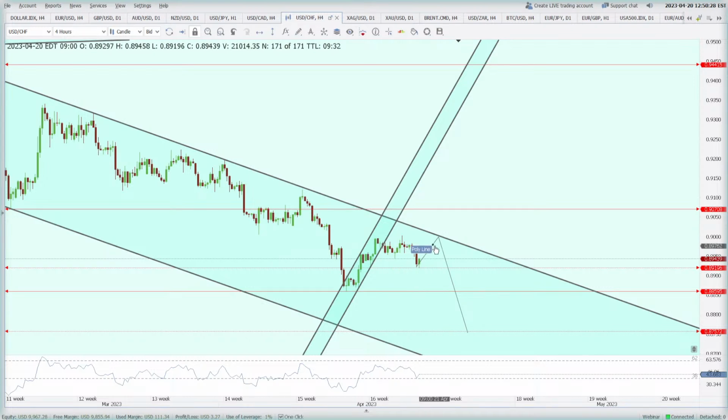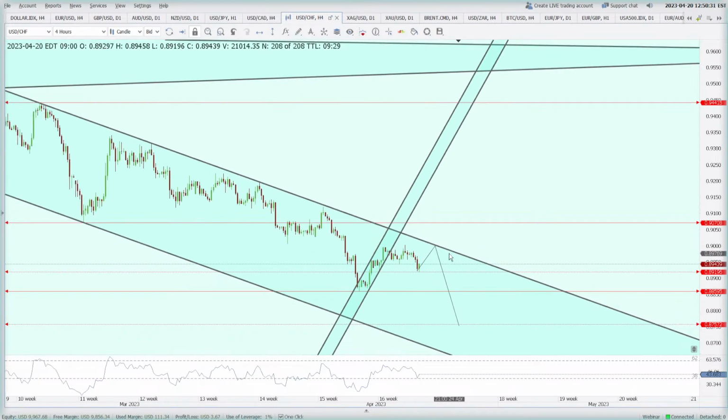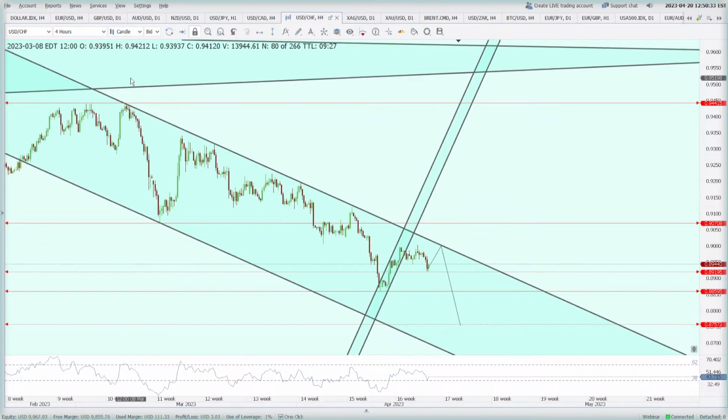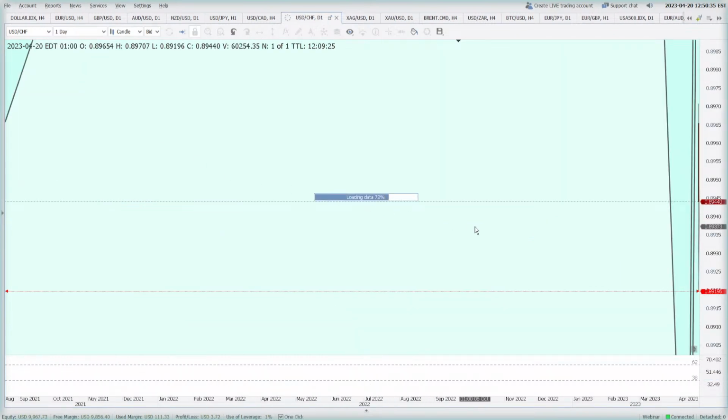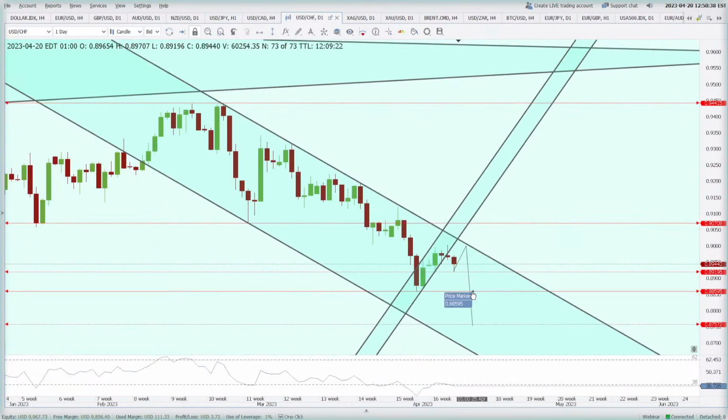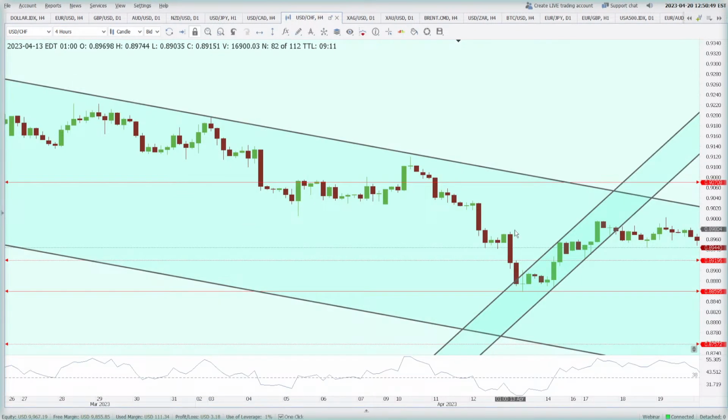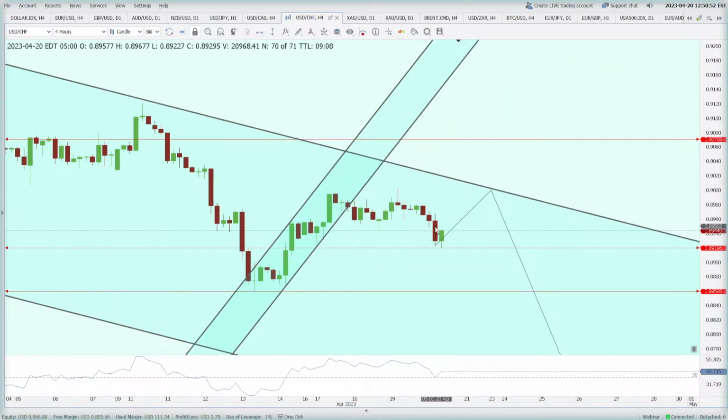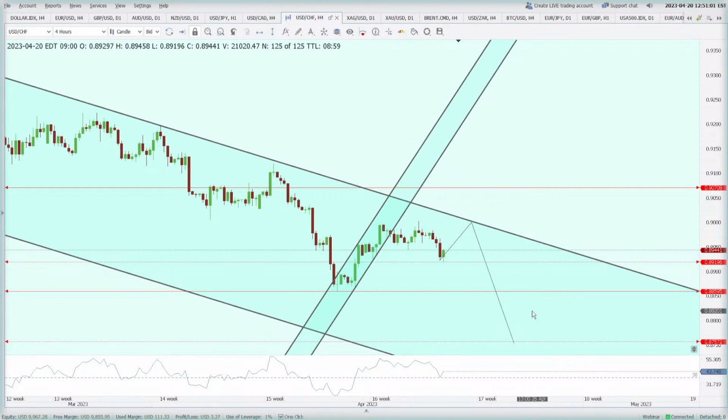So if this price meets this line, this falling channel on not only the 4-hour but even on the daily, if the price meets this line on the daily, then I think we will have a major breakdown or very good bearish price action here. This is what I'm expecting. But before that, since the price has broken below this, I'm not expecting much move lower. So I'm expecting a higher move and then a move lower. Let's see how things unfold here.